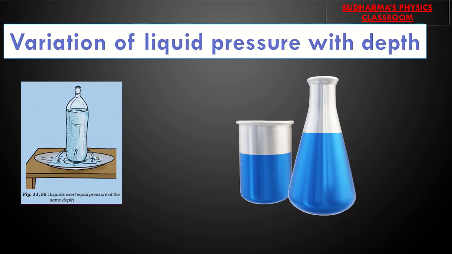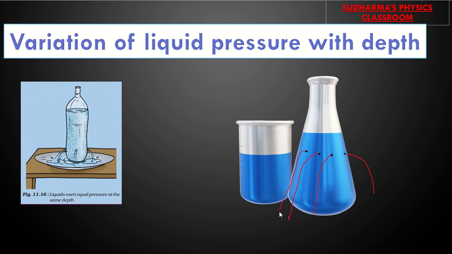Okay, so another experiment we can try here is, we have two flasks, one beaker and a conical flask. We have liquids at different levels. The amount of liquid is different in these two cases. In one of them, I'm going to make holes at the same height. So if you make a hole, what happens? The water will be coming out, right? So water just comes out to the same level.